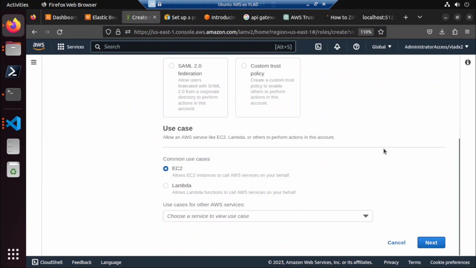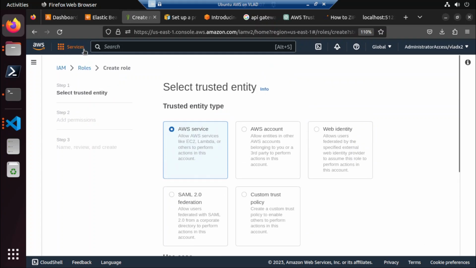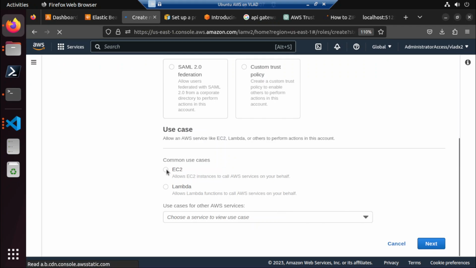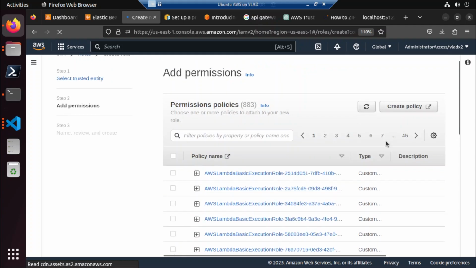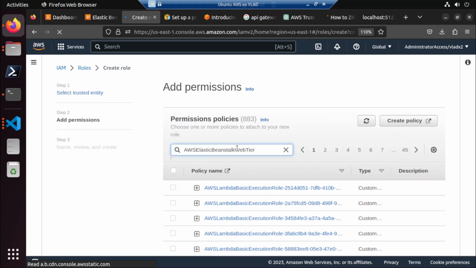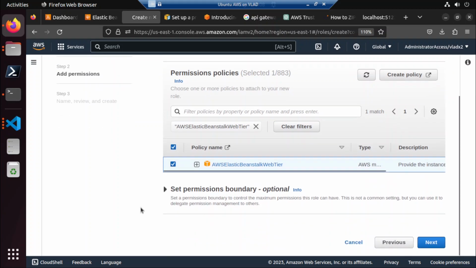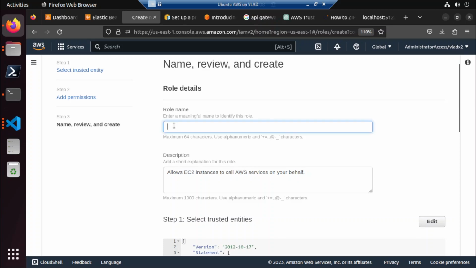Where do we go from here? Select that. Oh man. Click next. Policies. This one. Nope. Right one. Then click next. Rule name